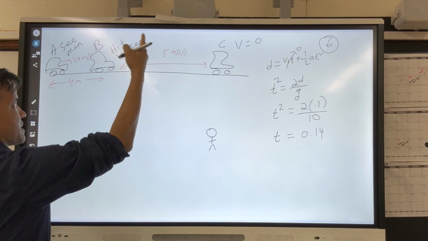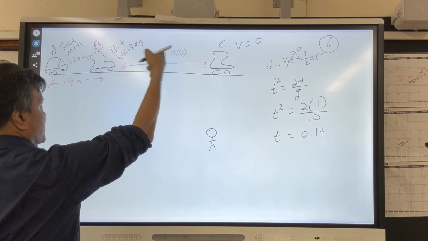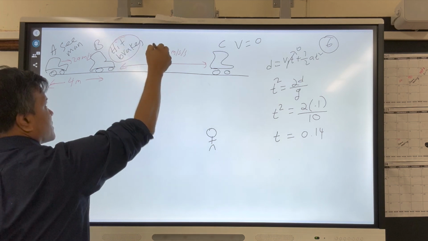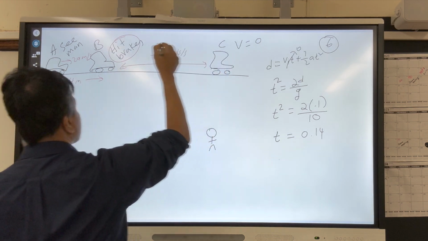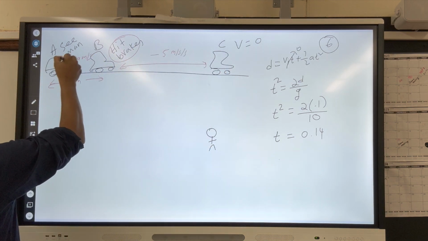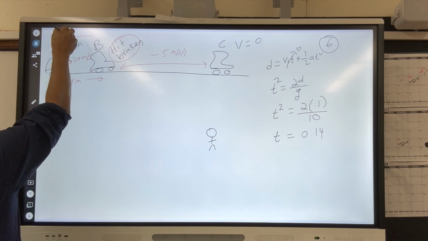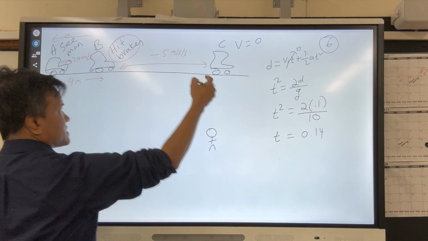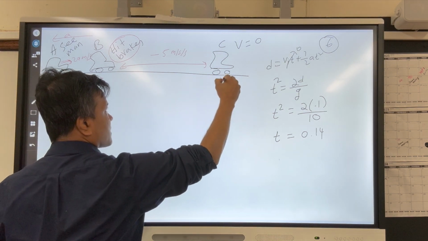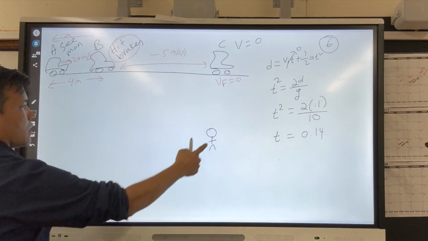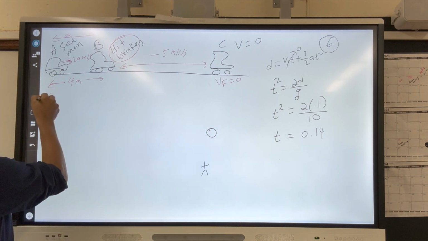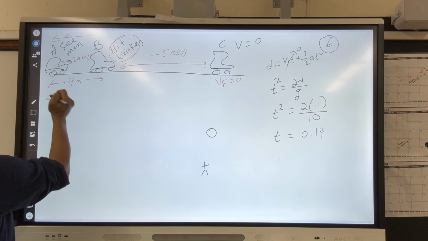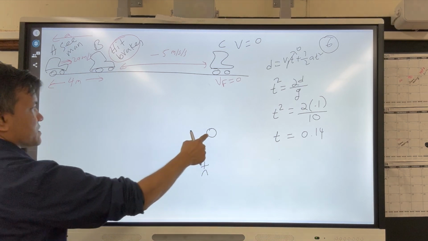Some of you wrote that, but that is if you are hitting the gas. You did not hit the gas, you hit the brake. So if the car is moving this way, acceleration has to be this way. Please understand that. Okay, so this is the car's final velocity. Final velocity is 0. Mr. Bari is 60 meters from the car, right? Okay, 60 meters. Let's see whether Mr. Bari is